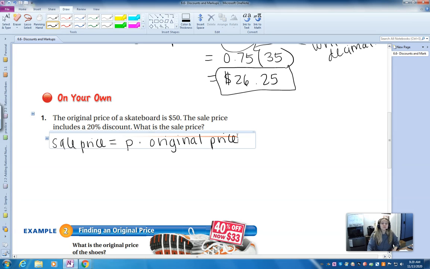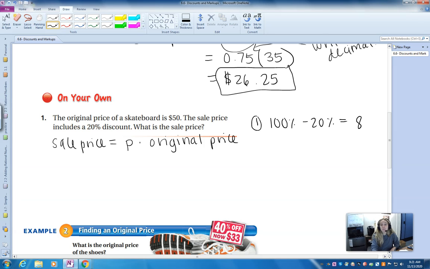Okay, so the original price of a skateboard is $50. The sale price includes a 20% discount. What is the sale price? So I want you to find this on your own. Ready, set, go. Okay, so first thing you should have done is you should have done 100% minus 20% to